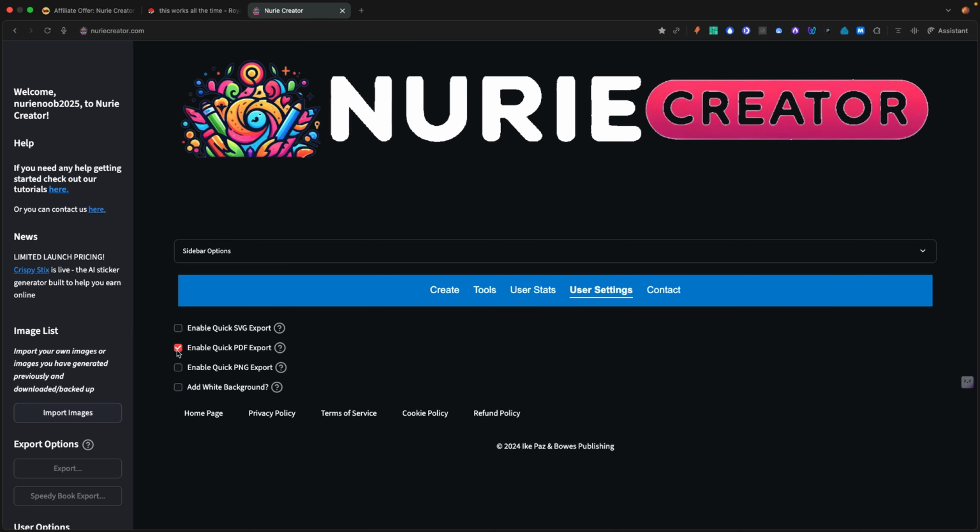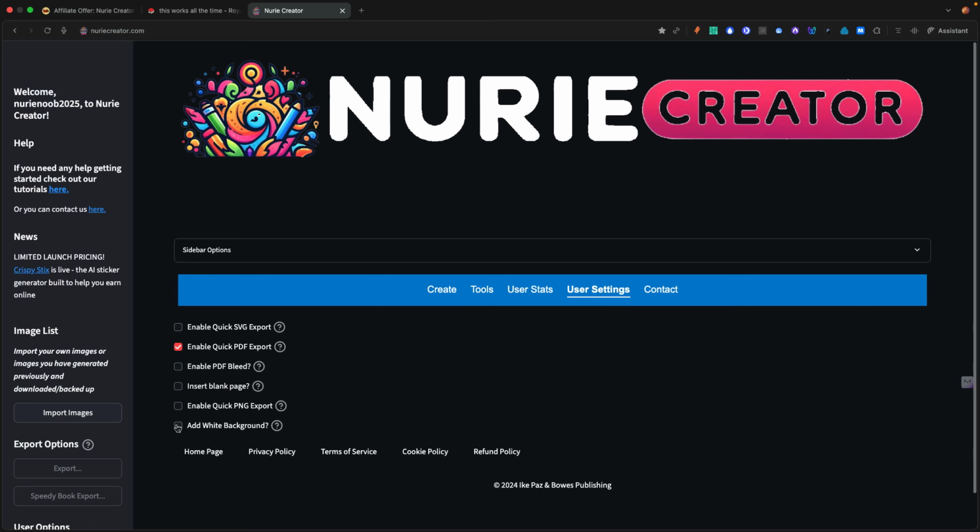So for me, I would want to have this, and of course, I would want to add the white background. But that seems to only be for PNGs. And I would definitely want to make sure we insert a blank page. And the PDF bleed. So the PDF bleed expands the image to fit the entire page without gaps or margins, and adjusts the page size to include the bleed. So edge to edge designs, we want that. And we're going to test that out in this